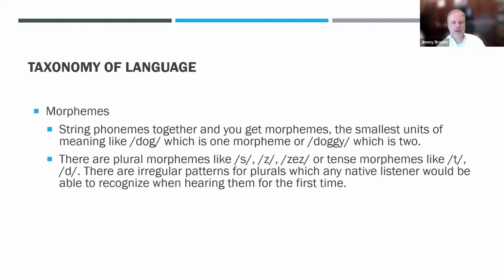Morphemes, stringing together things, are the smallest unit of meaning. Dog, doggy, things like that. S's, Z's, plurals. One of the things about morphemes is it also builds upon what's easy to say. There's a reason why ma usually means mother in most languages. English, Mandarin, Spanish, German, all the ones I ever studied, the word for mother is some version of ma. Why is that? Because that's usually the first sound folks can make. Most children's first exposure is to their mother.